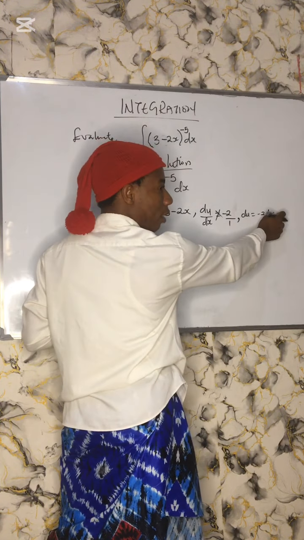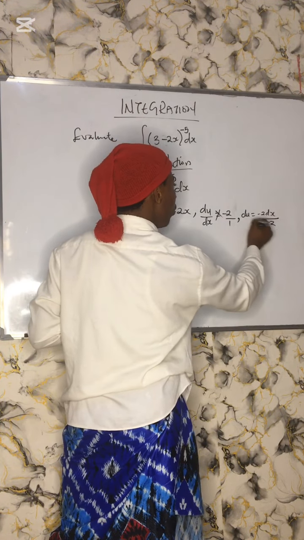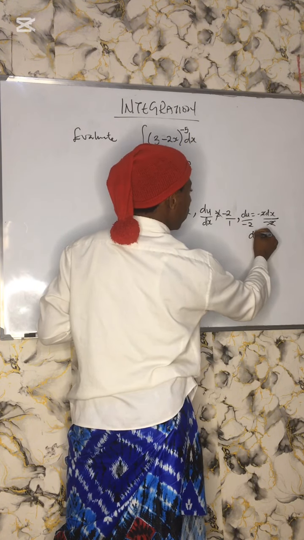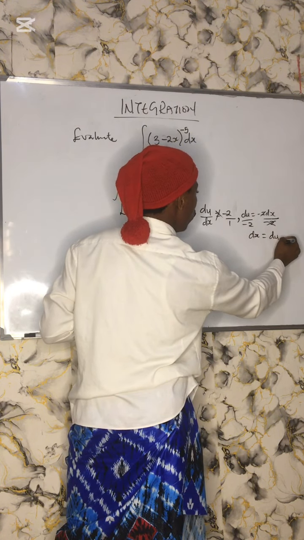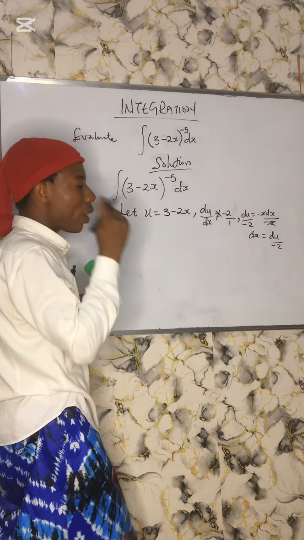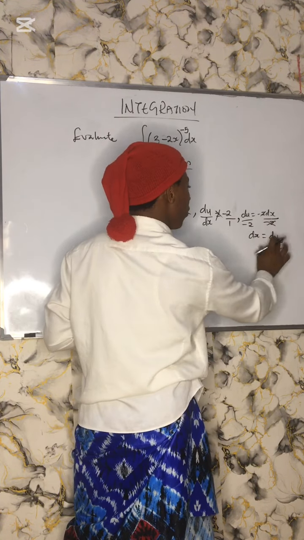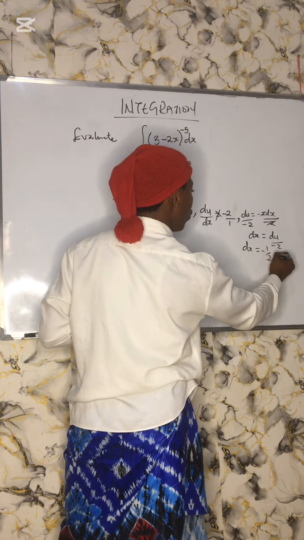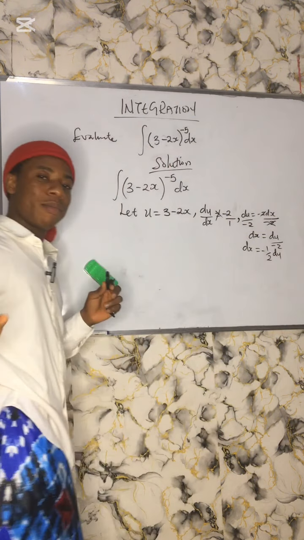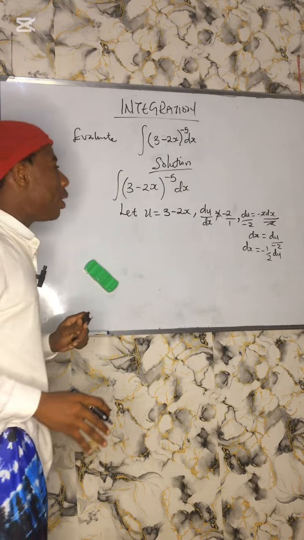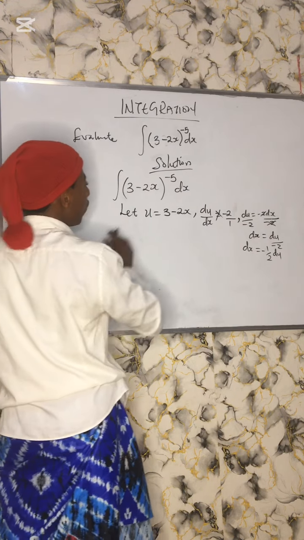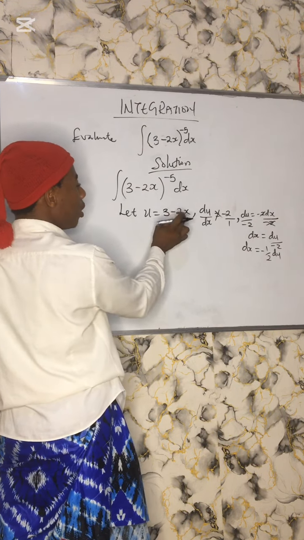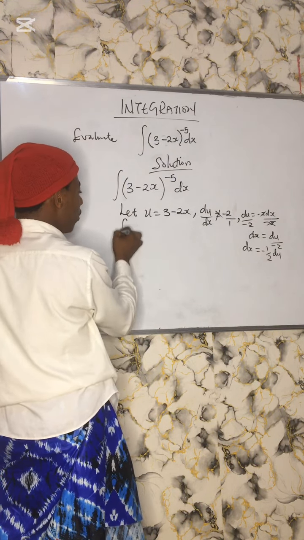Remember, I want to make the dx the subject. I divide both sides by minus 2. This will cancel this, and what is left is that dx equals du over minus 2. We can also write this in the form dx equals minus 1 over 2 du, it is still the same thing, right? So let's go back to the main question. We are simply going to substitute this with u. Remember we stated something in this form. So we can say that the integral of